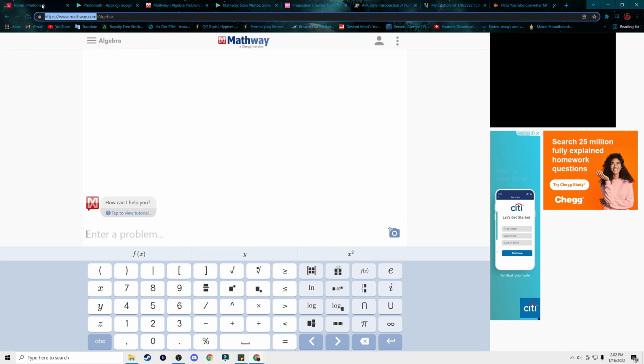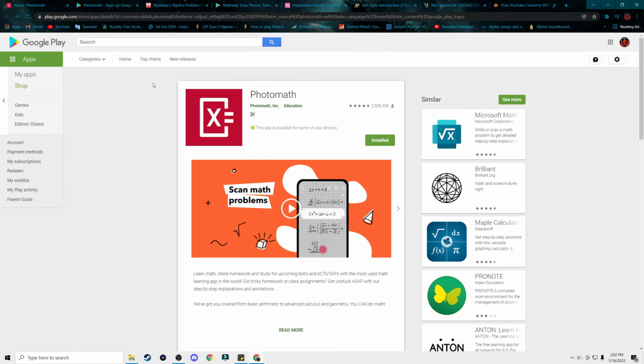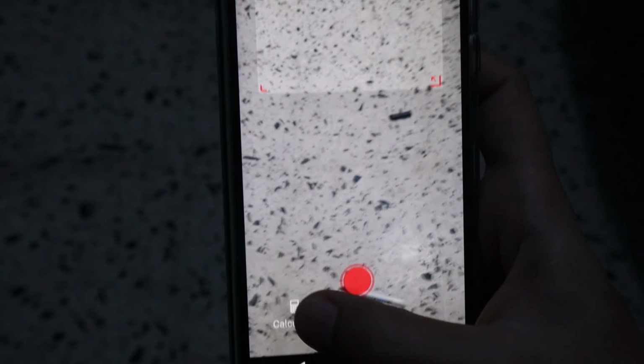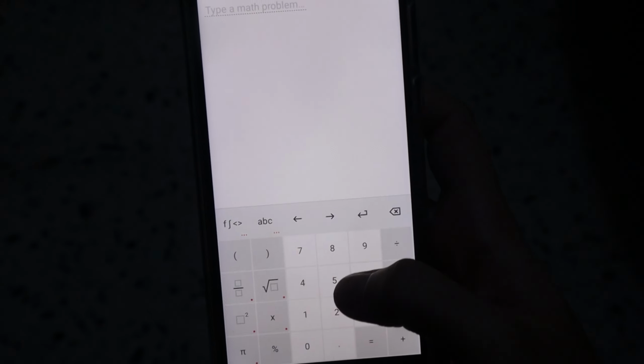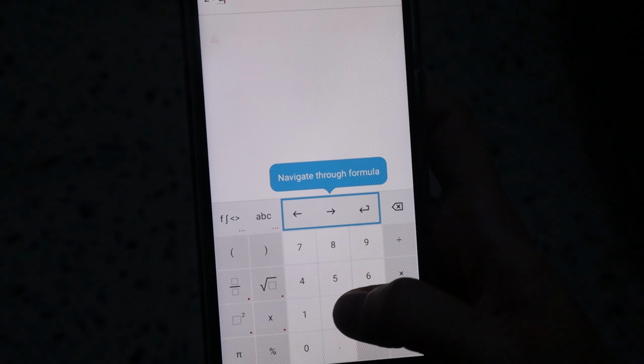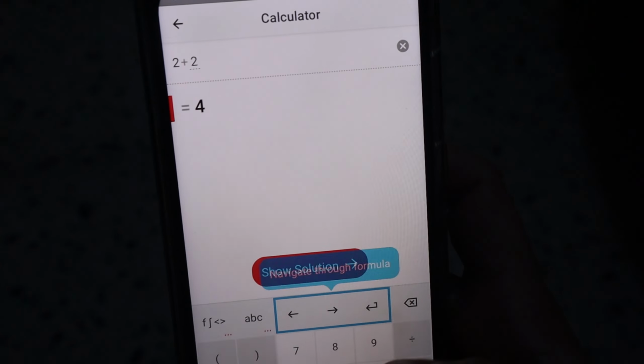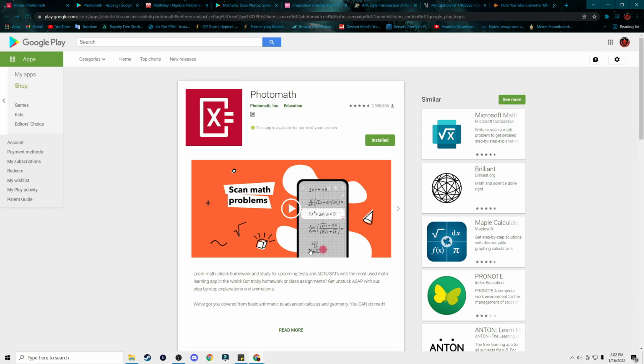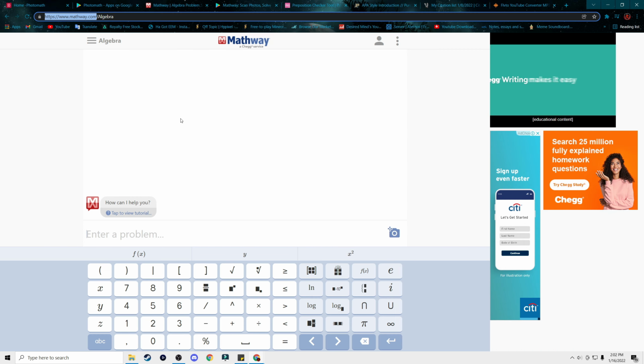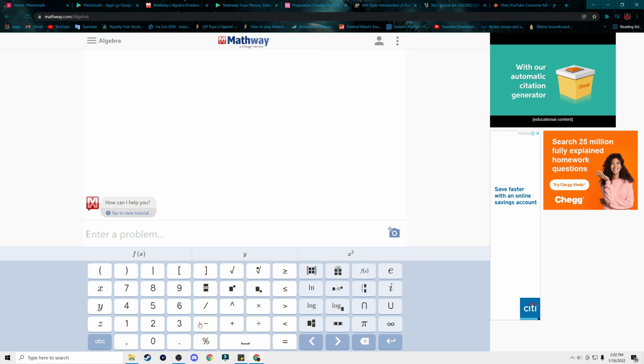And if you use Photomath, I recommend you use a phone, because you're going to need to use a camera once you download the app. You can type the equation in the app itself, but it's better to use your phone because it's a simple, easy, decent camera to use for equations. But it doesn't work as well as Mathway, in my opinion, because with Mathway the difference is that once you type